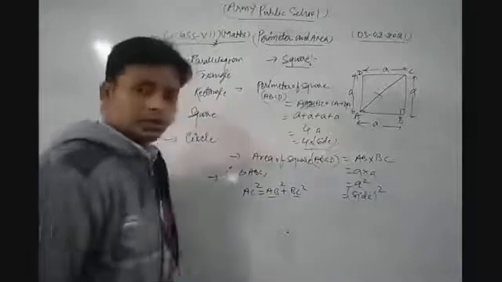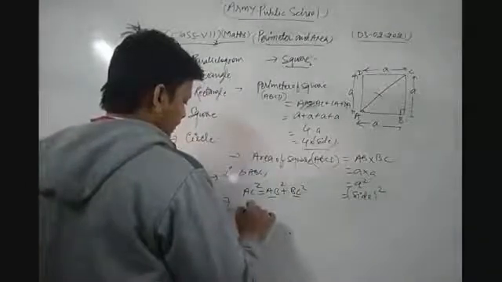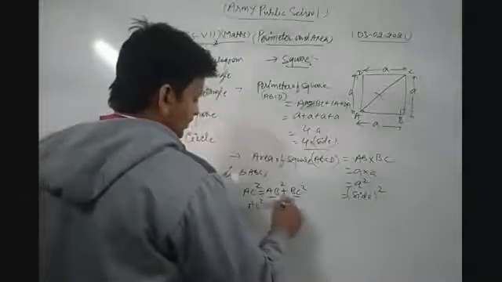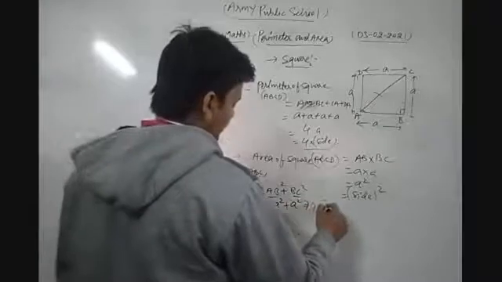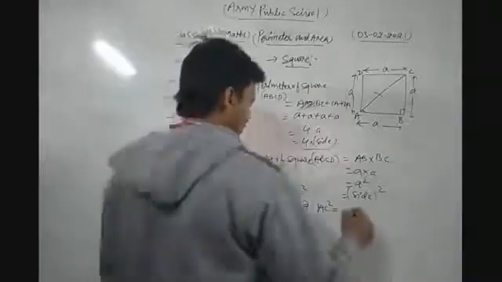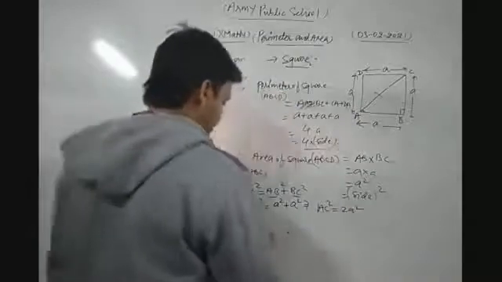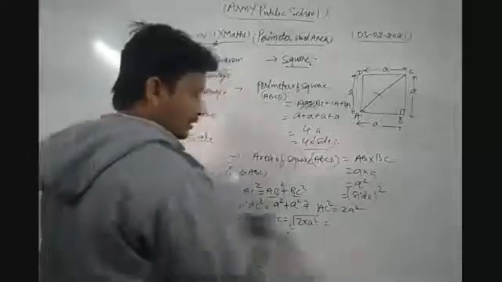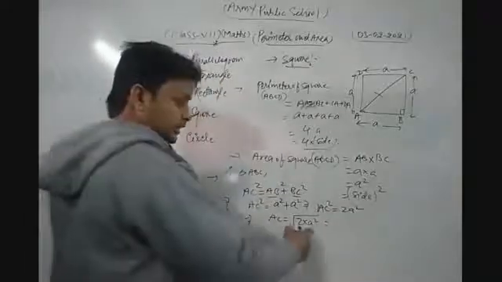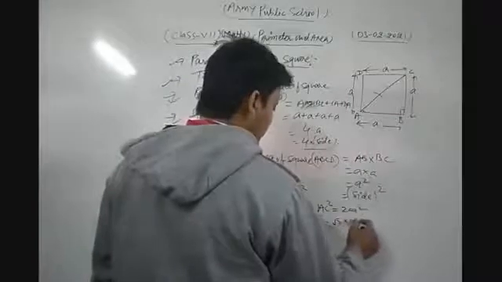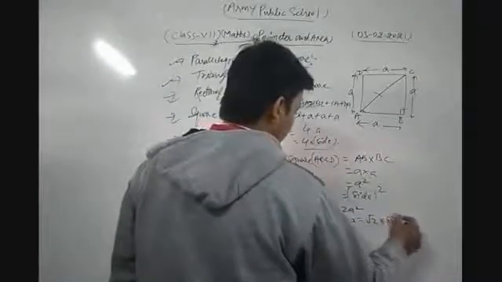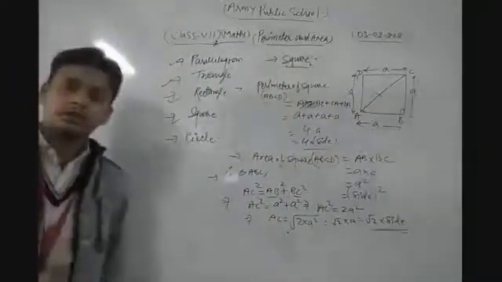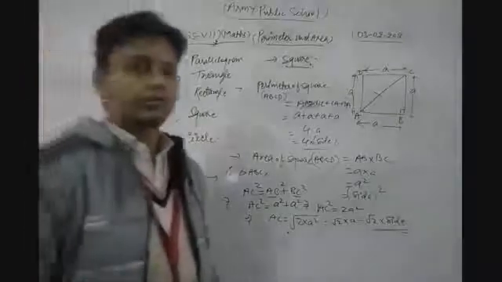Here AB, BC each equal to A. So we have AC square is equal to what, dear students? AB is A square, this is also A square. So we get AC square as 2A square, that is diagonal AC is equal to under root 2 into A square. So A square comes out of the surd because it is in square. So we get root 2 into A, that is root 2 into side of square. So this is the formula of its diagonal.